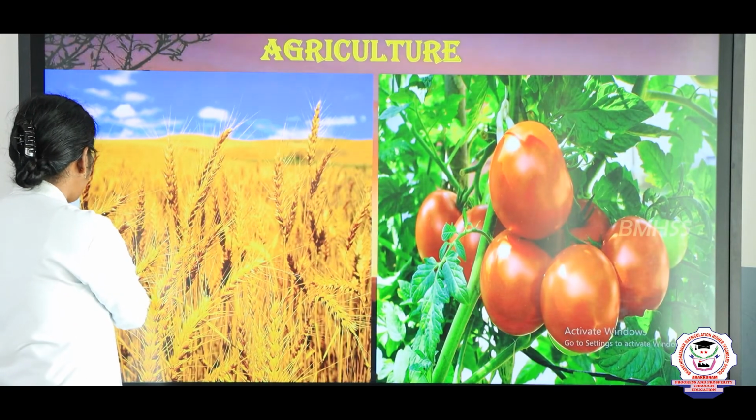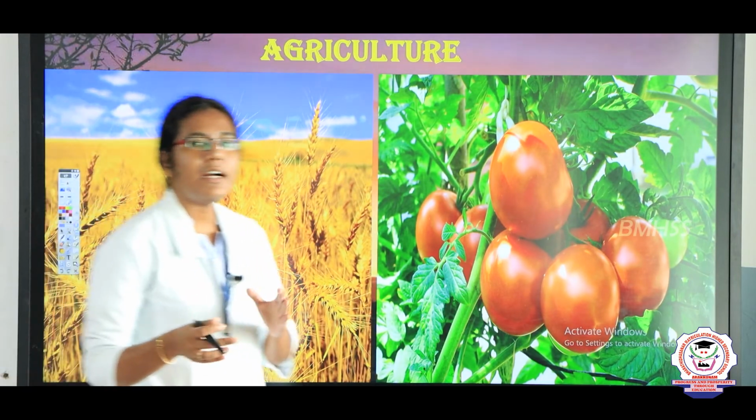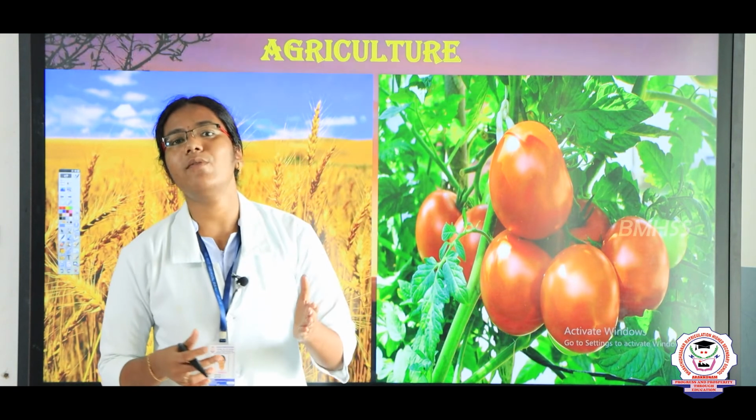Yes, next we see agriculture. Here the people who live in Saudi Arabia also do agriculture. Here there is a shortage of fresh water. Why? Because here there is no river. For that reason they feel a shortage of fresh water. They have done agriculture also, with the help of sea water.